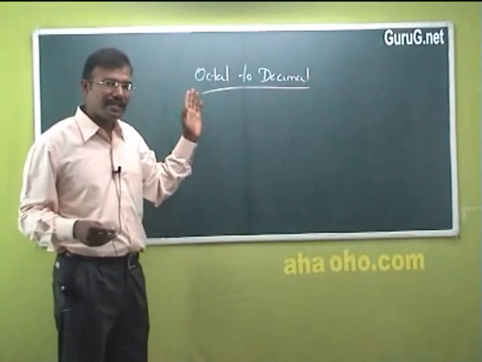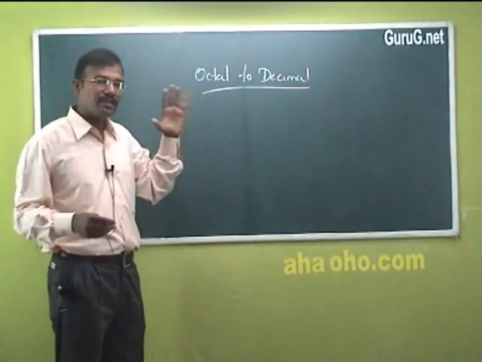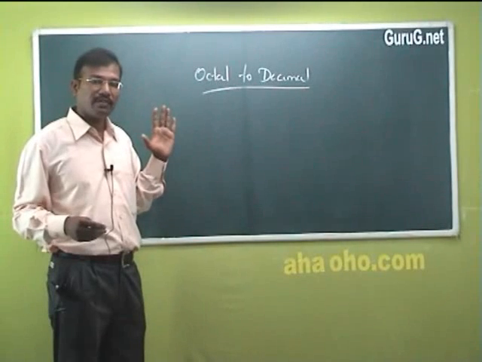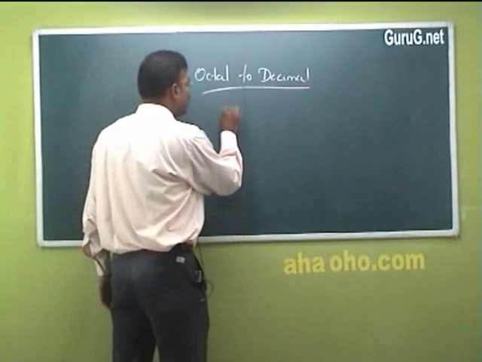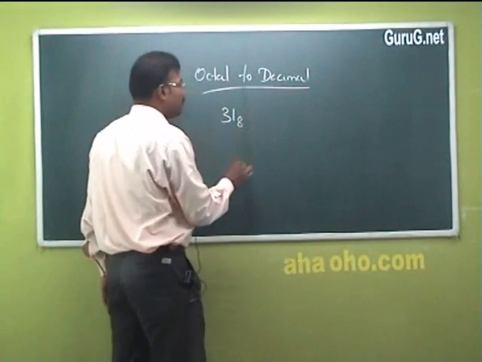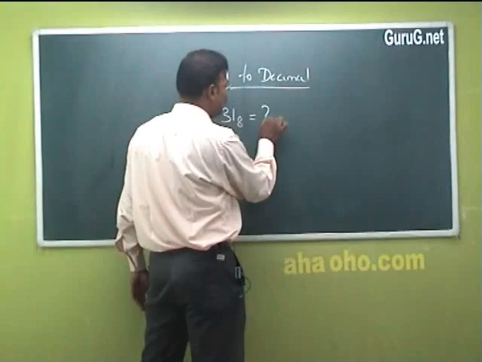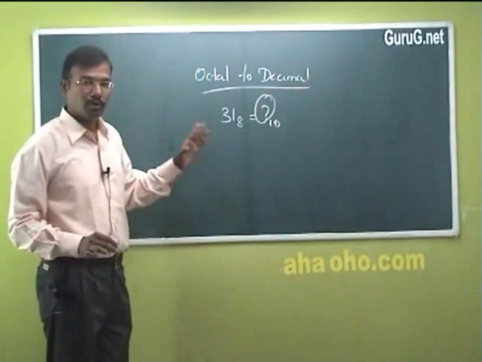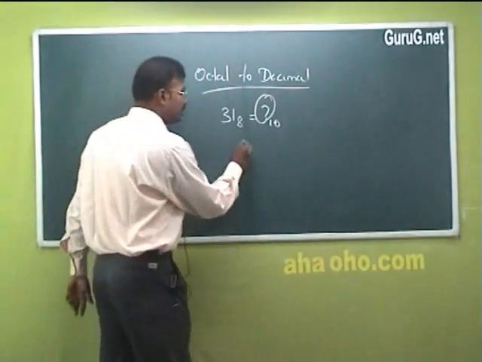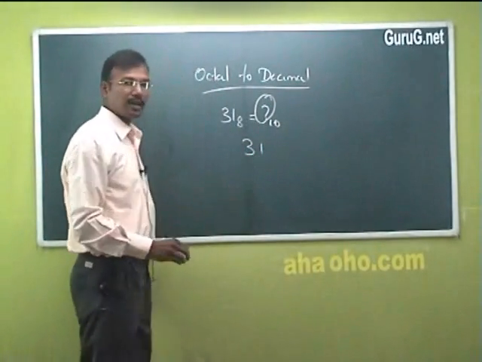Now we will see the same example which we have discussed earlier. What is the equivalent for 25 which we have discussed? It is 31. So 31 is the octal value. We need to find the decimal equivalent. That is, we need to find this particular value. How we are going to perform? Now you can just see 31 is the octal value.